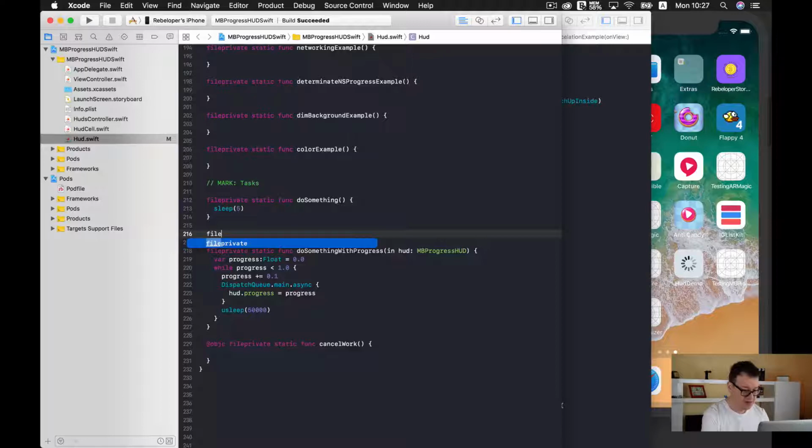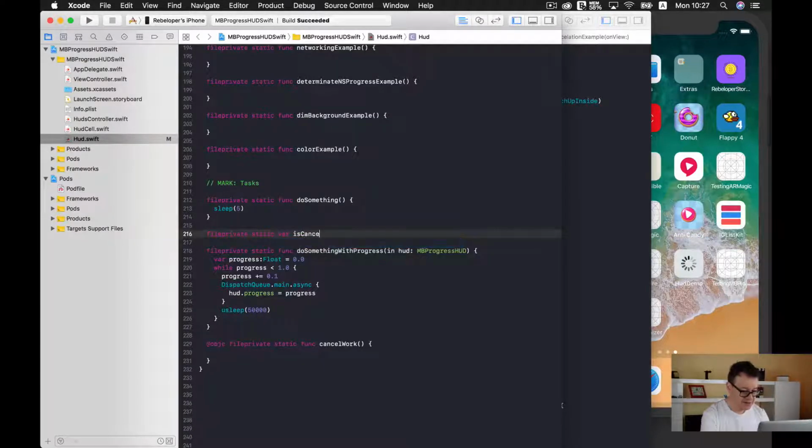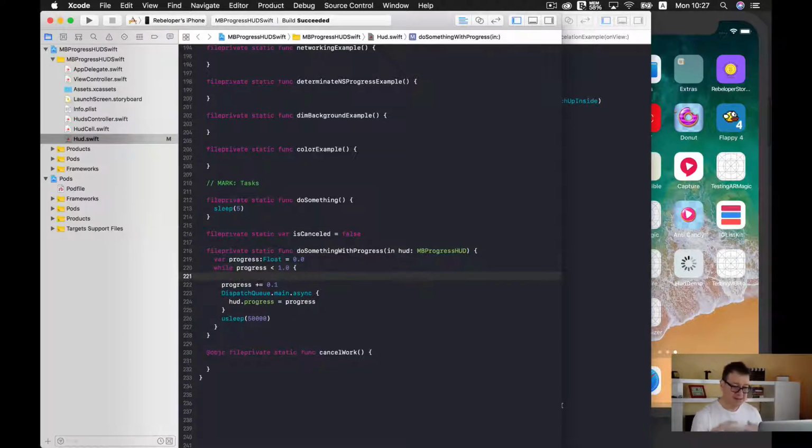So fileprivate static var, and it will be cancelled, or maybe rather isCancelled. Okay, and that will be false by default. So we add this isCancelled check to our progress's while loop. So if isCancelled, then simply we want to return,